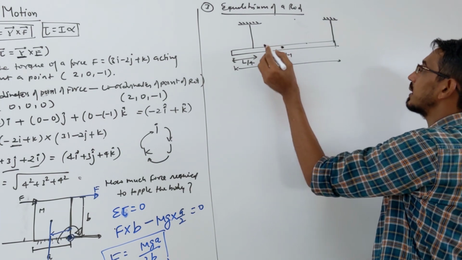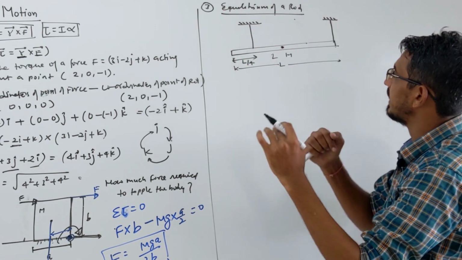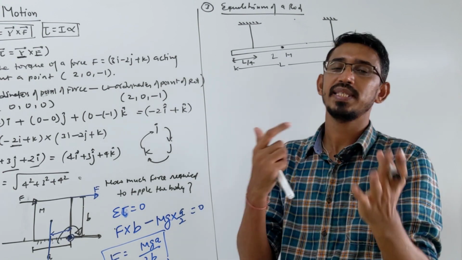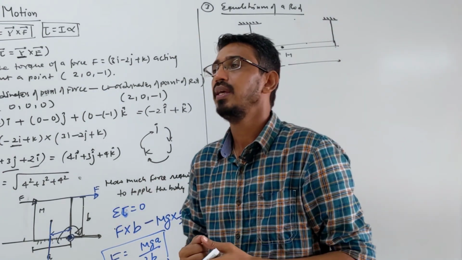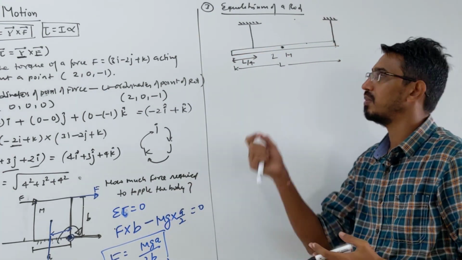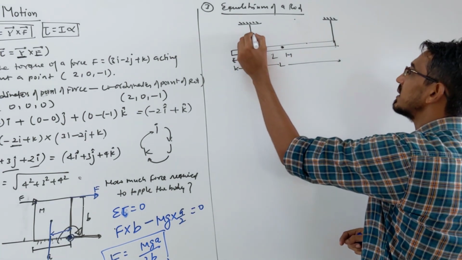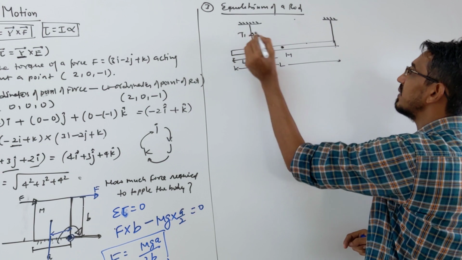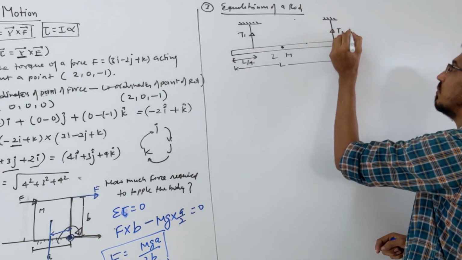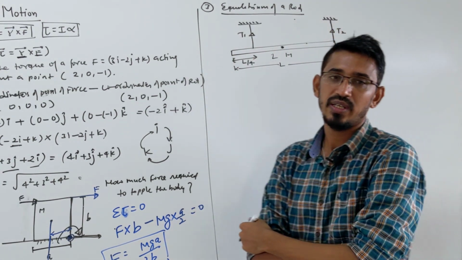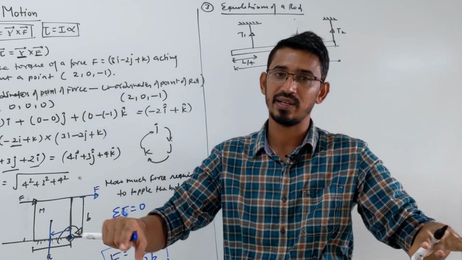Correct. So they will ask you, when I hang this rod this way, mass M or weight is given, length is given, and two strings, minimum we need two strings, right? One string you cannot hang horizontally. Then they will ask what are the tensions in these strings, T1 and T2, if you want to hold it horizontally that way.